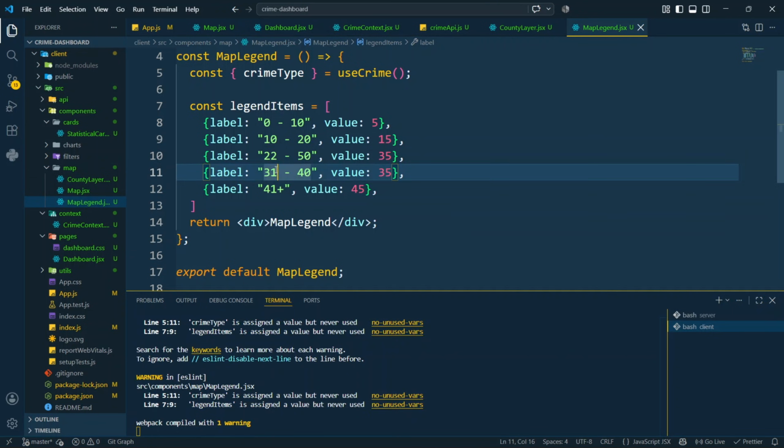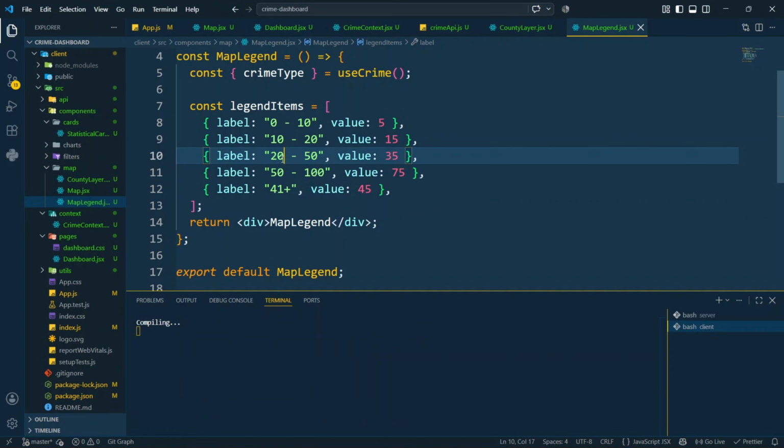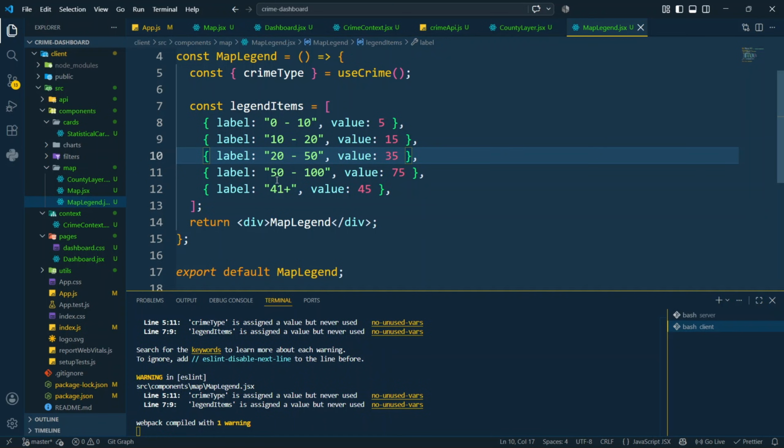Then from 50 to 100, the value is going to be 75. So this is not static. Of course, you can choose whatever values that you want to range from. You can range from 0 to 10, 11 to 20, whatever values you want to choose, depending on what legend you want to have. Since I just want to have 50 to 100, 20 to 50 like this, you can still do it based on your interests. Then here we also need to get from 100